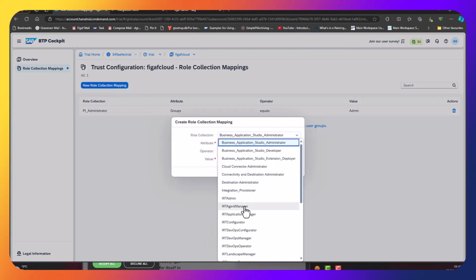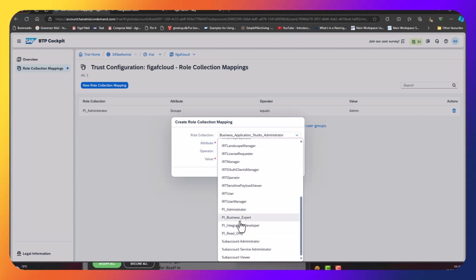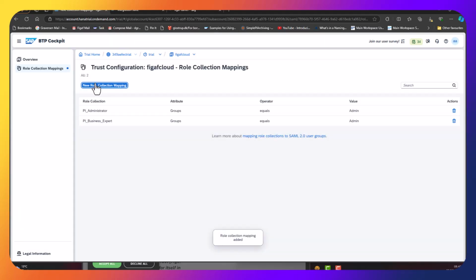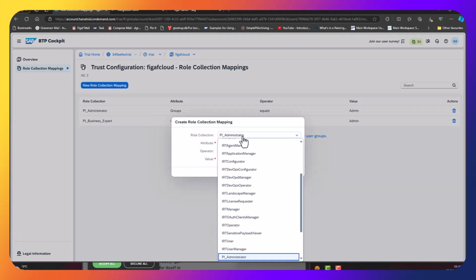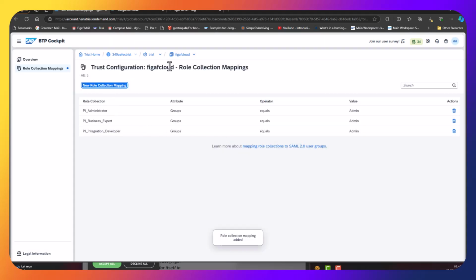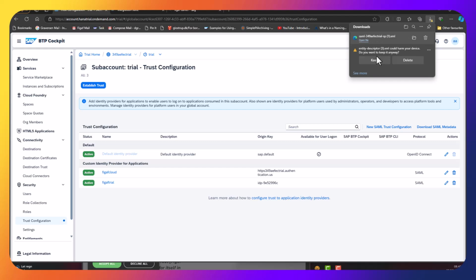We need a role called process expert, admin, and the last one we need is PI integration admin groups. You can always also create this as a group that you assign to it, but anyway, it should give the same area. Then the next thing we need to do is download the SAML metadata, keep it,